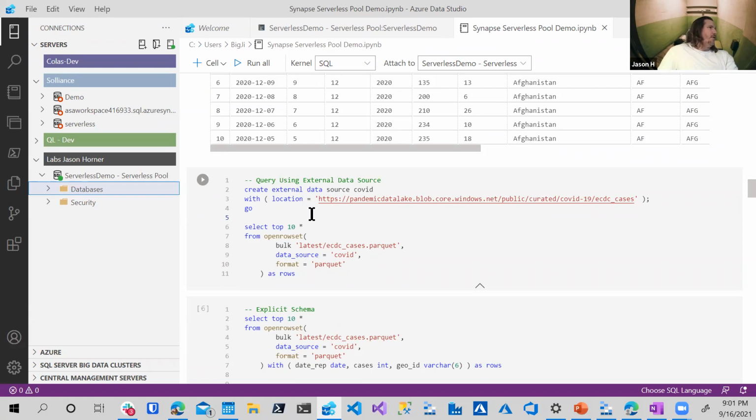I can also use an external data source. So the syntax for that is just create external data source. In this case, what's interesting about this is see how this URL, there's no security against it. If I go over here